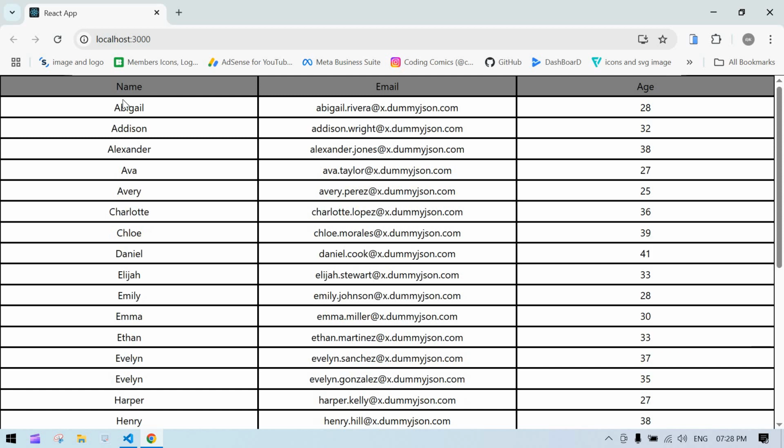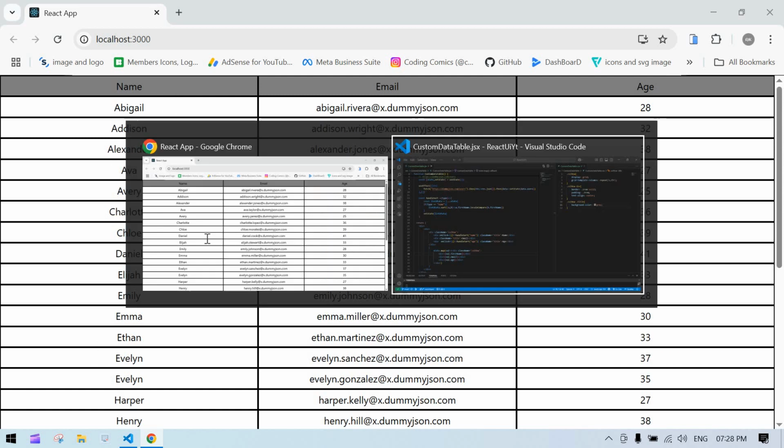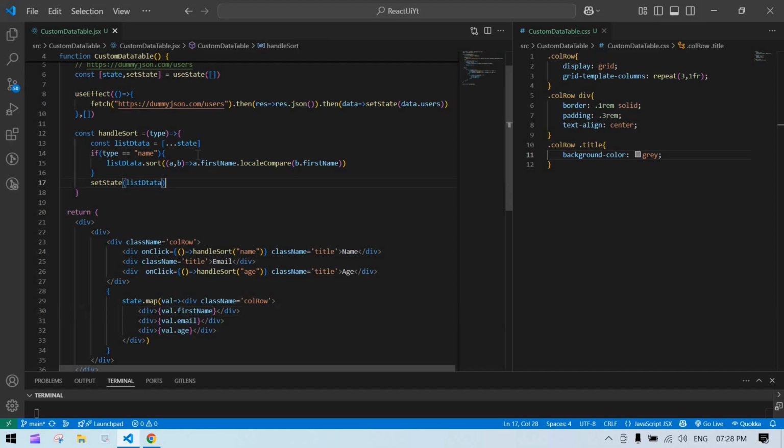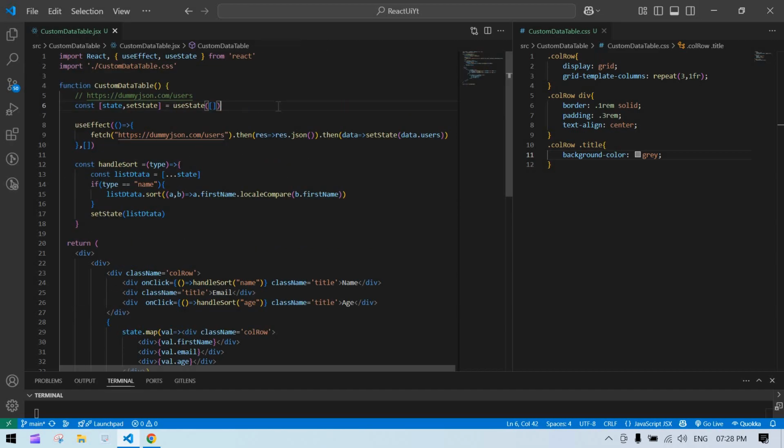So if I click this name, see, this is sorted. If I click again, it won't sort. So for that reason, we need to create one state, and there we need to maintain ascending or descending. Okay, that's what we need to do. So for now, I'll just complete this, and else